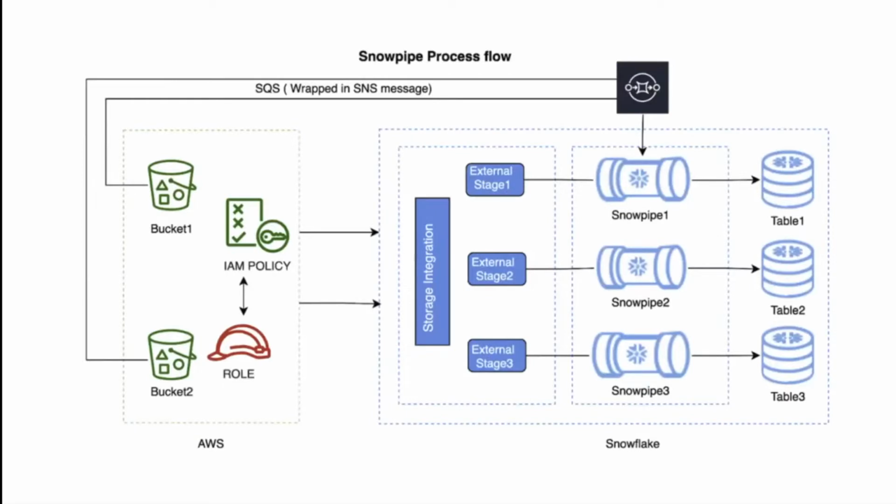Now let's take a look at the overall workflow for Snowpipe data ingestion from S3. Firstly, we need to set up all the security and permissions in your cloud environment. Let's take AWS as example. We need to set up IAM policy and role for permissions. Second step is to create stage and pipe object in Snowflake. And finally, we will enable auto ingest with Amazon SQS.